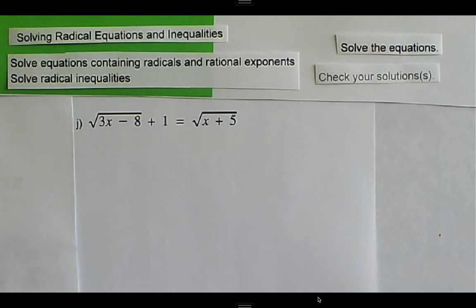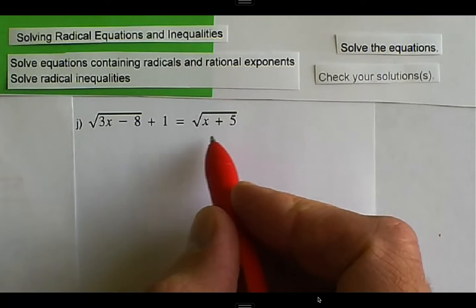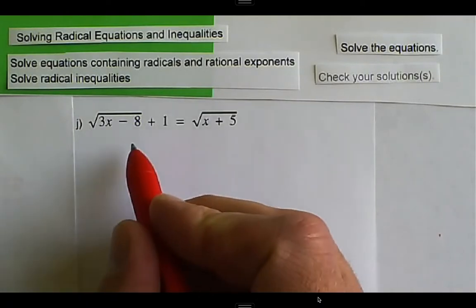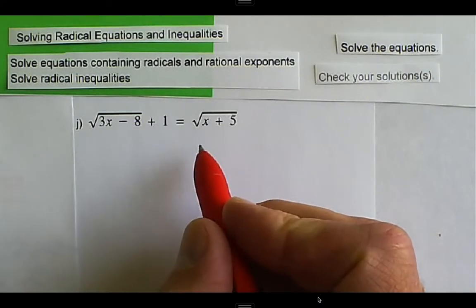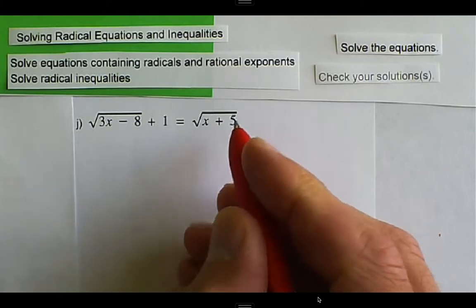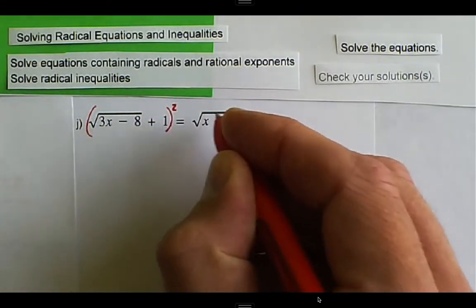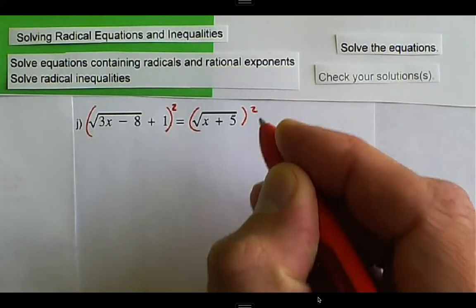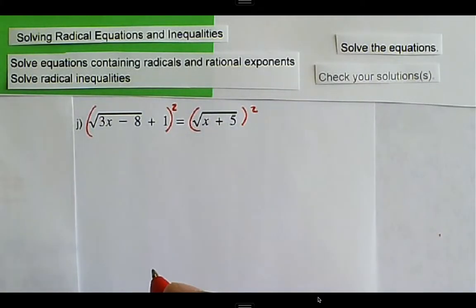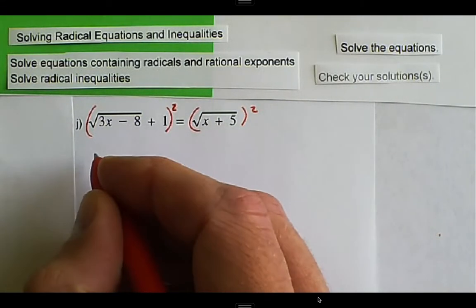We're solving radical equations and radical inequalities, and here we have an example of a radical equation. The first step when we solve it is we want to isolate the radical if necessary. On the right side we are isolated, but on the left side we're not. So we have to try to get rid of this radical here. And so what we can do is we can square both sides. And what we end up with is